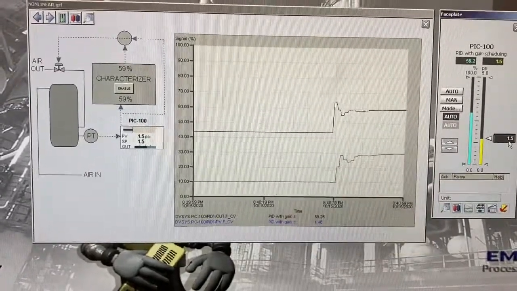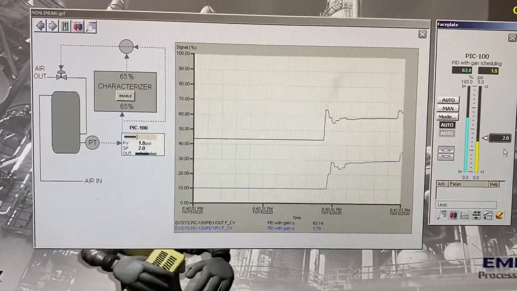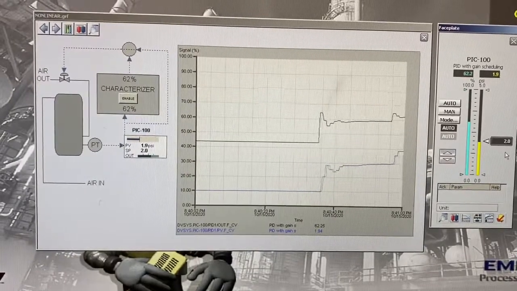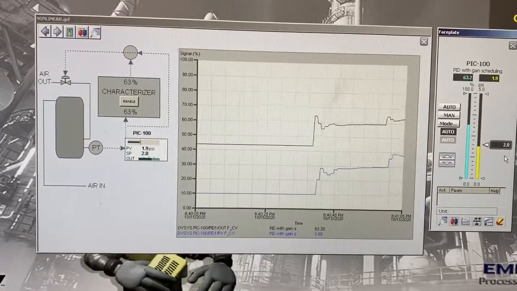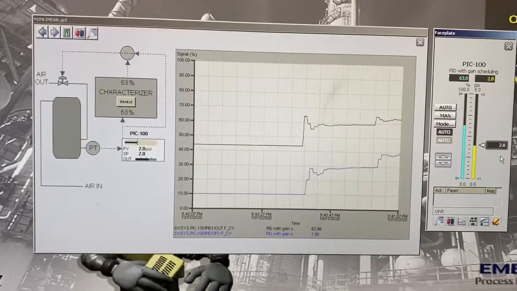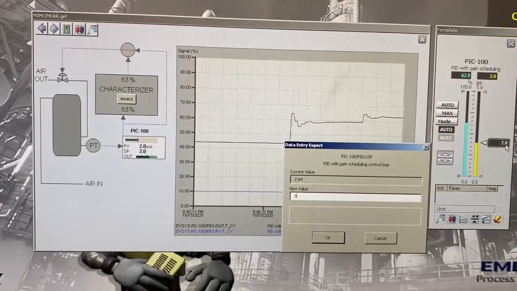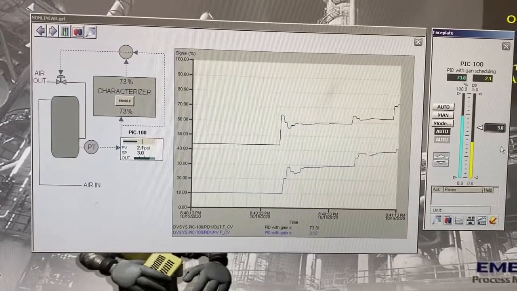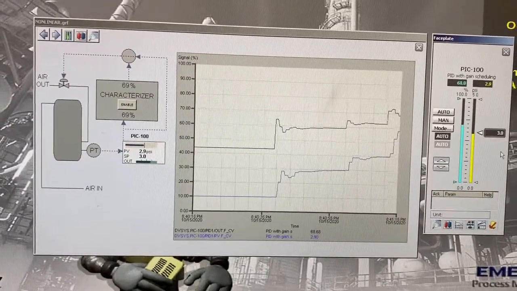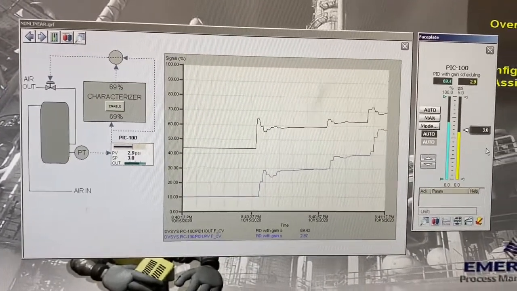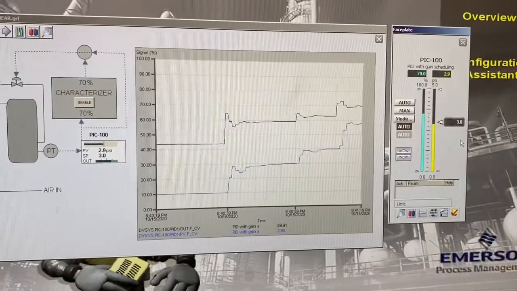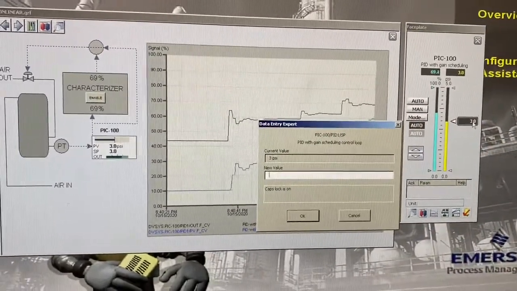Let's go to 2. And we're pretty much at our set point. Looks good. Let's give it a decent jump here. We'll go to 3. Yeah, so now we don't have that sustained oscillation. If we jump back down to 1,